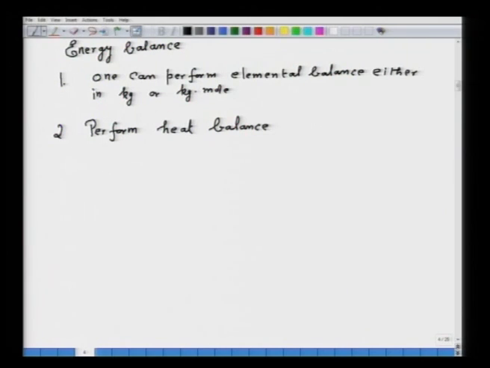We can also perform it under unsteady state, in that we know what is the accumulation of energy in the system. But in most of the plants, the plant is operating at a steady state for days together, with inputs and outputs of energy and so on. So, you perform the heat balance, it is very simple, heat input is equal to heat output, though it looks simple,